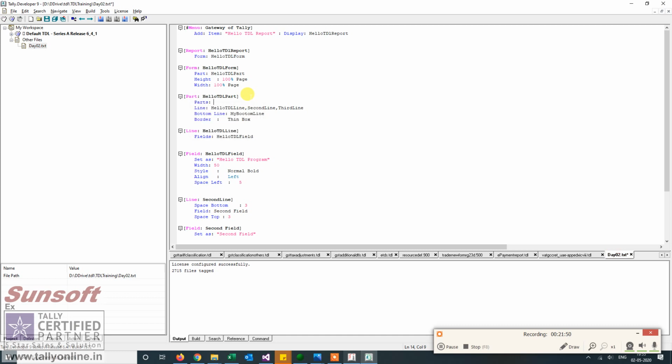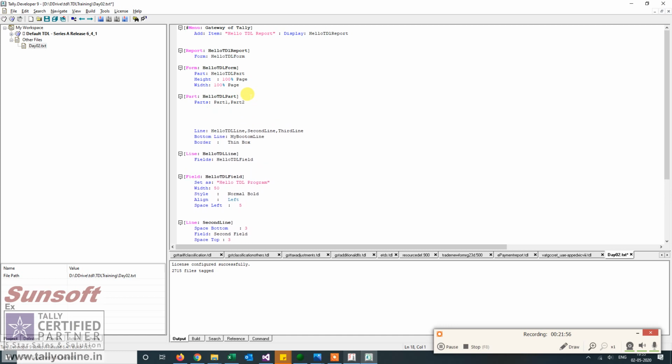So I am defining two parts, part 1 and part 2, within the parts. So the definition of part 1 is as defined here, and for the definition of part 2, I say same as part 1.